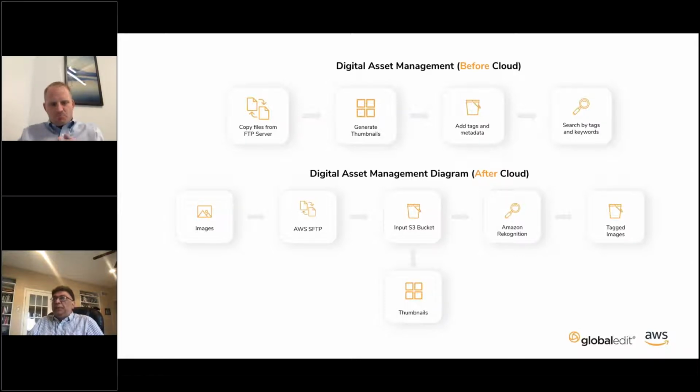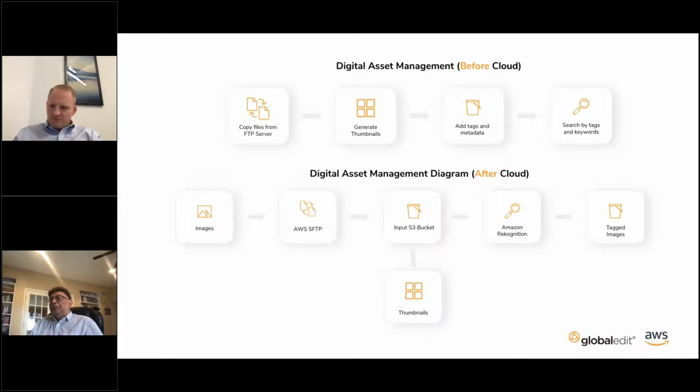Absolutely. So if you look at the diagram that's labeled after the cloud, you can see how this entire pipeline of generating thumbnails and then classifying content with tagging is entirely automated with no human beings involved. So you start off with ingesting your images via your SFTP server, and then Amazon, basically it goes into an S3 input bucket. As soon as that image or video hits that bucket, that triggers two workflows automatically. The first workflow down at the bottom is going to generate the thumbnails automatically from that image. And then the second workflow is going to